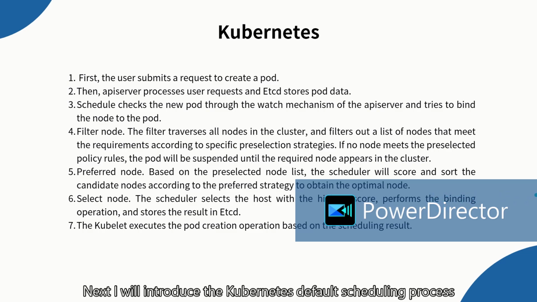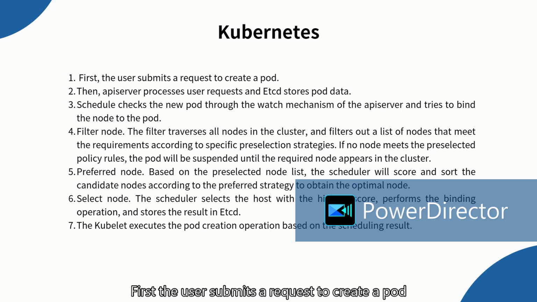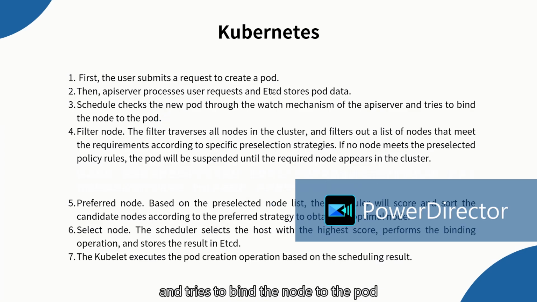Next, I will introduce the Kubernetes default scheduling process. First, the user submits a request to create a pod. Then the API server processes the user request and etcd stores the pod data. Next, the scheduler checks the new pod through the watch mechanism of the API server and tries to bind the node to the pod. After that, the filter traverses all nodes in the cluster and fills out a list of